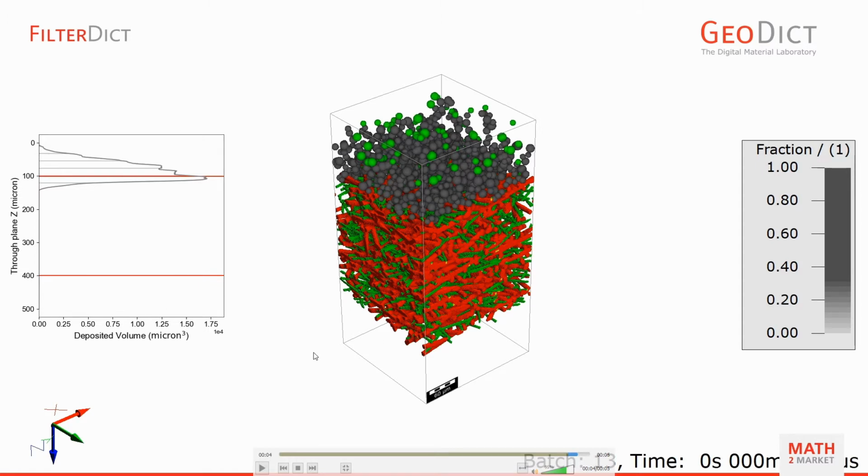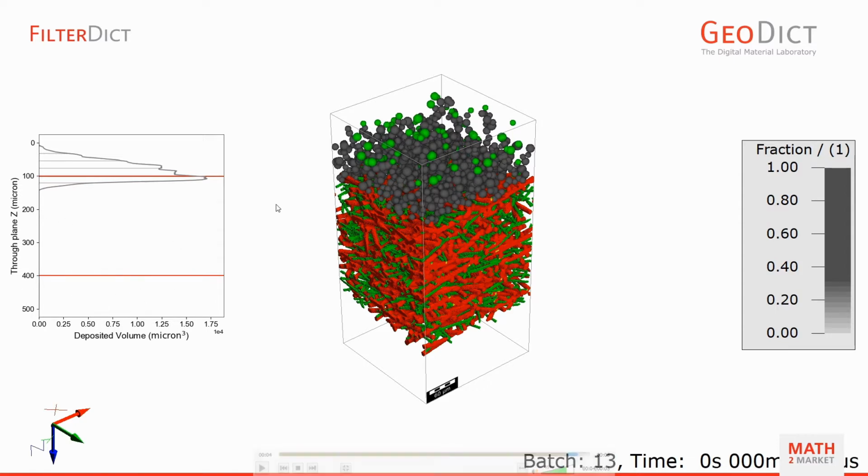We can see in this case we have a fairly poor filter medium for this type of particles, since they get immediately stuck on the top of the filter medium and form a so-called filter cake. The rest of the filter media is practically unused and unnecessary in this case. Only a few particles penetrate slightly into the filter medium, as we can also see in the plot here. And no particles make it through to the other side.